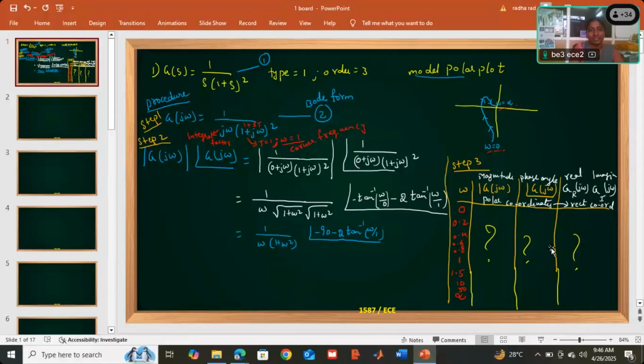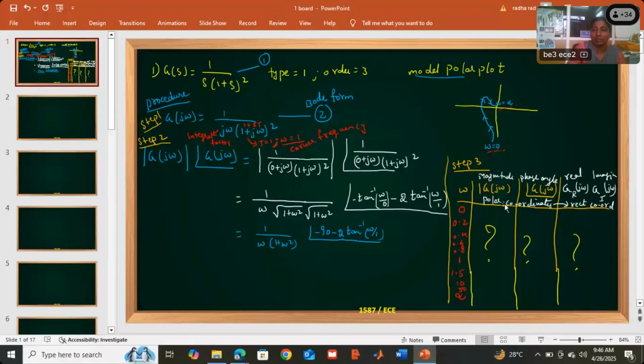Internal test they will not give, it seems, so you will do it on A4 paper. Final exam, definitely, you have to do it in the graph sheet. Please be mentally prepared for that. You should use the calculator for converting all these coordinates, polar to rectangular. In the final exam you have to do it in the graph sheet only. That's why I'm explaining now in graph sheet. I will show you the graph sheet in the next page.